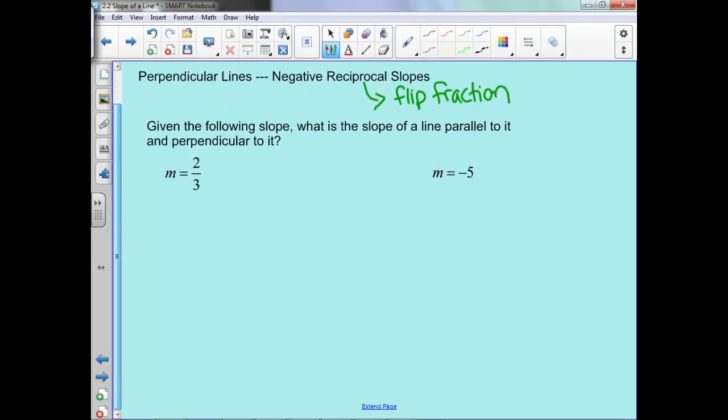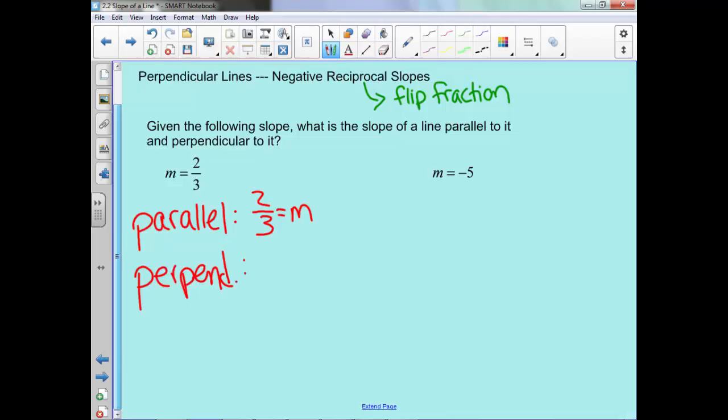So for this first one, if we wanted the slope of the line that's parallel, well, it's the same slope, so it would be 2/3. If we wanted the slope that's perpendicular, our slope would be the negative of it, so we'll have a negative. Reciprocal meaning we flip the fraction, so 3